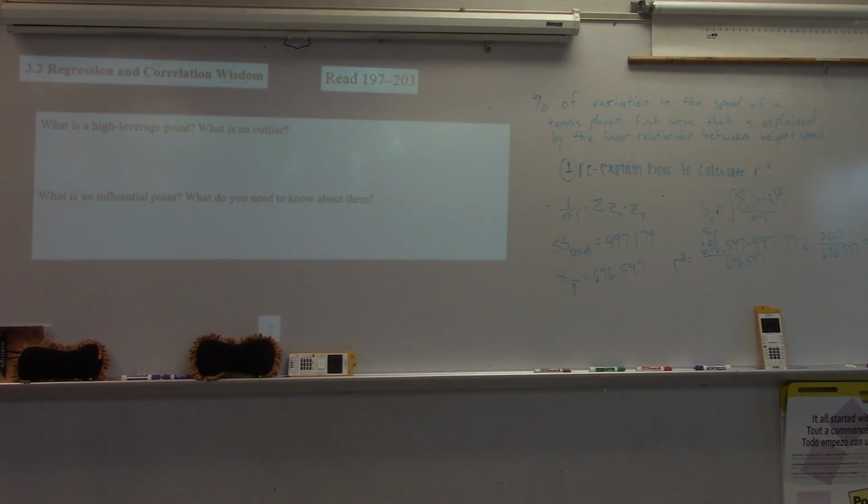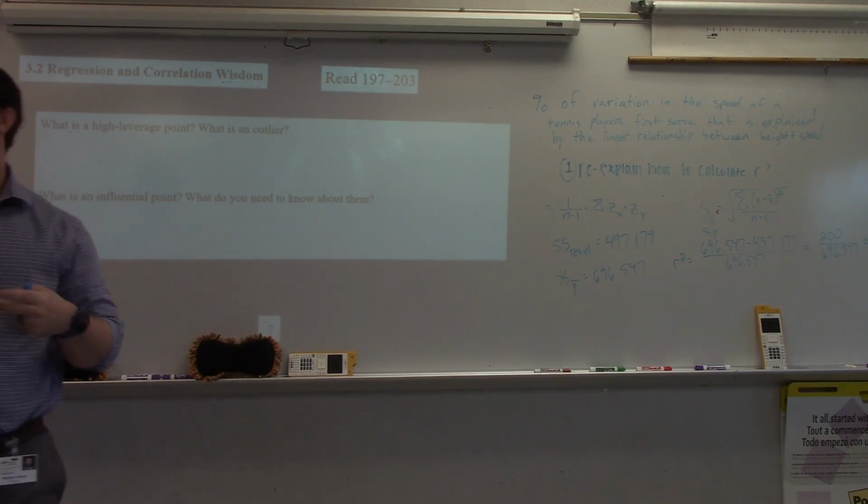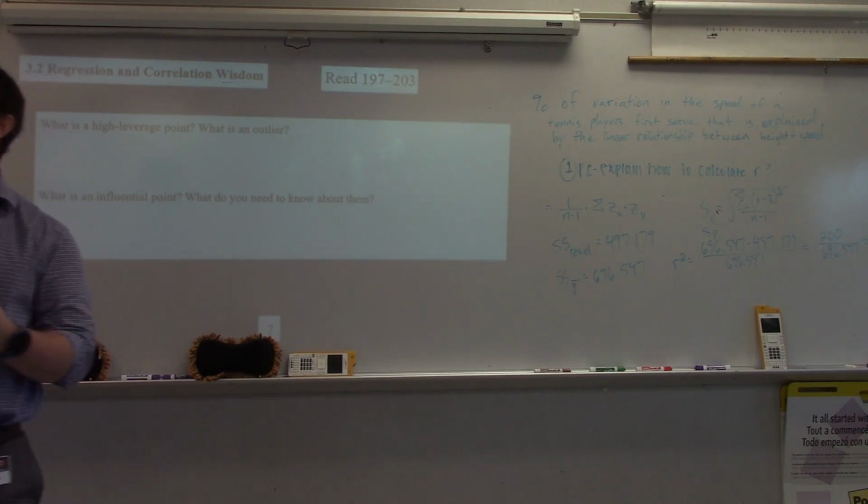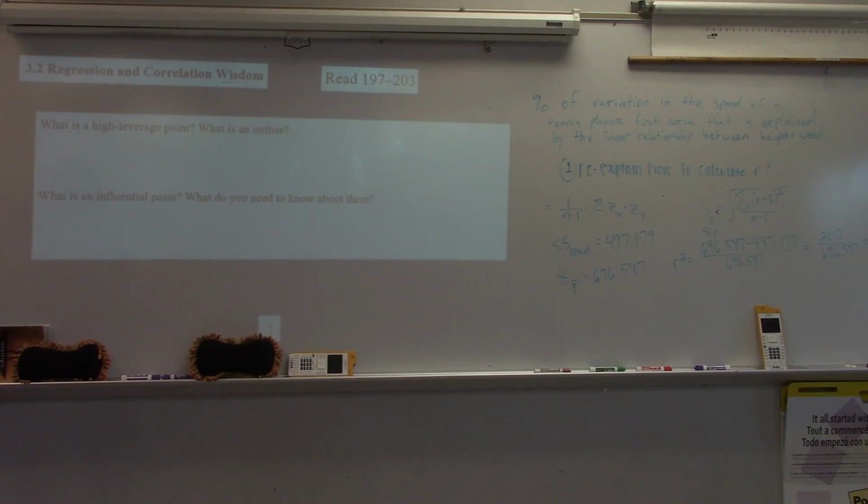If you have one that's far away horizontally and far away vertically at the same time, but it's in line with the rest of the points, it's definitely not going to be an influential point. Because what does an influential point do? It can change the slope significantly, the y-intercept, the correlation coefficient, or the standard deviation. If it affects one of those values significantly,